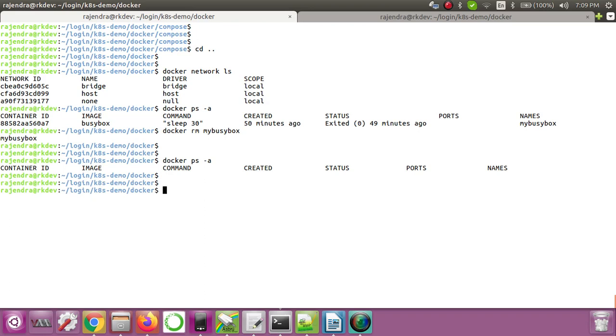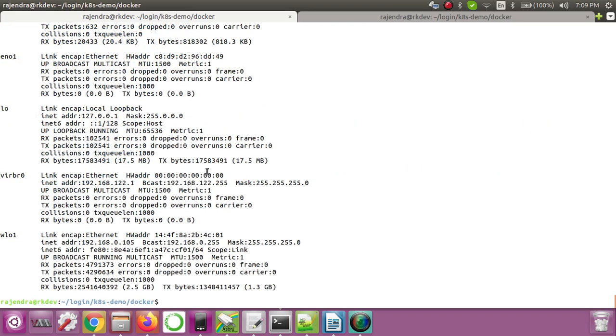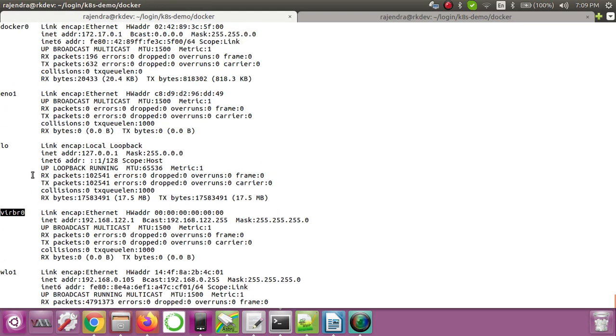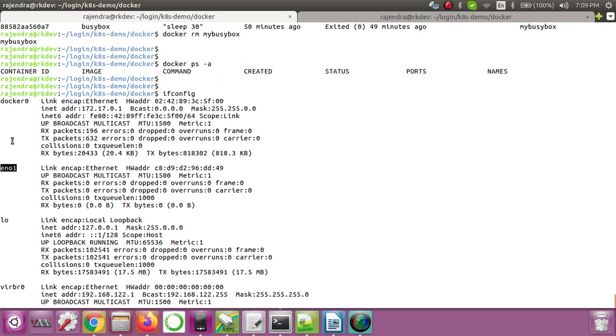If you just do ifconfig, here you can see there is a wireless interface, this is the Wi-Fi interface, this is the virtual BR0 interface that we are not going to use, this is the loopback interface, and then this is my system NIC card.